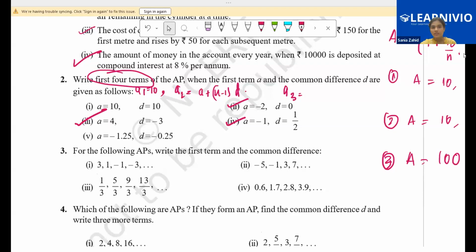And the third one, first term is 4, common difference is minus 3. What are the other terms? 4, 1, minus 2, and minus 5. Okay, that's correct. Next,